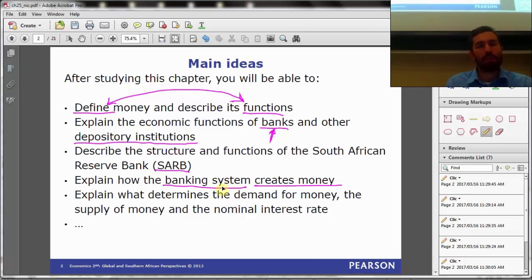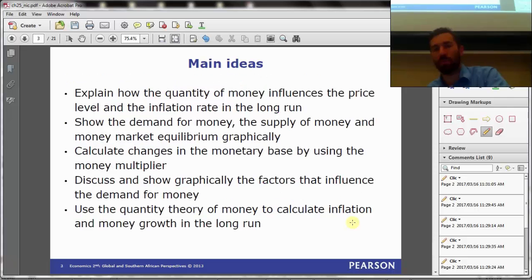Okay, so now we're going to talk about, so we've brought money into the system. We've spoken about banks and things. We're going to talk about how banks and the Reserve Bank are related to money. Then we're going to talk about the demand side of money and the supply side of money. Demand and supply come together in the money market, and they are equilibrated by the price level, and the price level for money is the interest rate. So we'll talk about that.